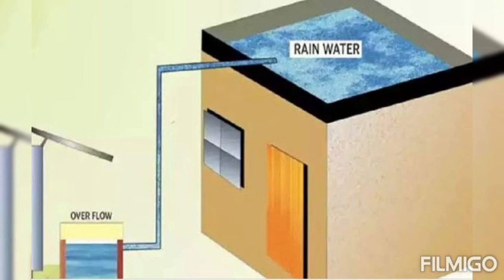A well can be constructed. From pipes, that water can be taken to that well so that we can use it. We can use rainwater, and we can get over the water crisis which is being faced by the entire world, because though there is a large amount of water, we do not have the fresh water which is needed.